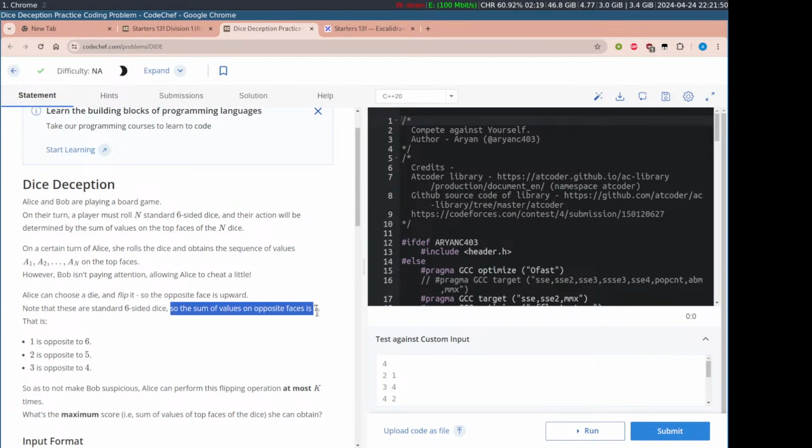So the sum of values on opposite faces is 7. That is, 1 is opposite to 6, 2 is opposite to 5, 3 is opposite to 4. So if you have a 4 and you turn it, you will get 3. There is no point in reducing the sum because we want the maximum sum. While if 2 is at the top, and we change it to 5, then we can increase our